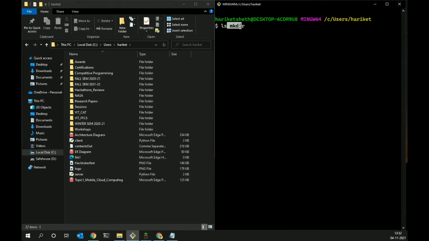mkdir is another command which you should know. It makes a directory, which is like creating a new folder. Then we have touch, which basically creates a new file, meaning an empty file. Nano is an editor. When I create a new empty file using touch, I can use the nano editor to add contents to that file, or delete contents if I use an existing file. Then we have cat, which prints the content of files. If I type cat and the file name, it will print all of the contents present inside that file.